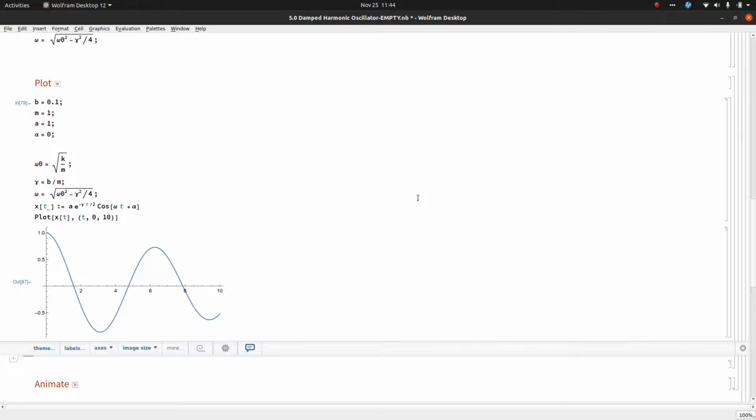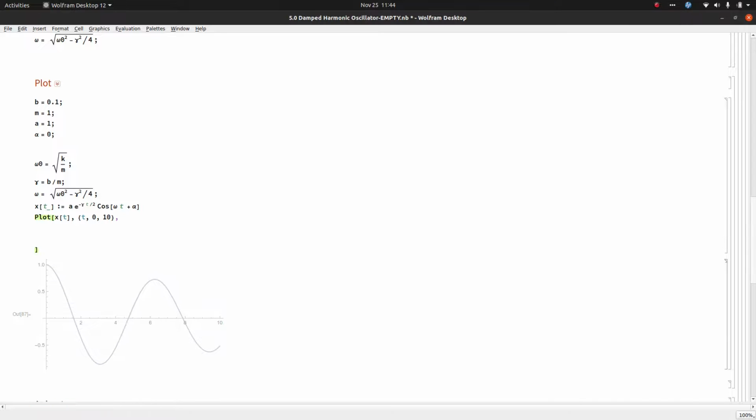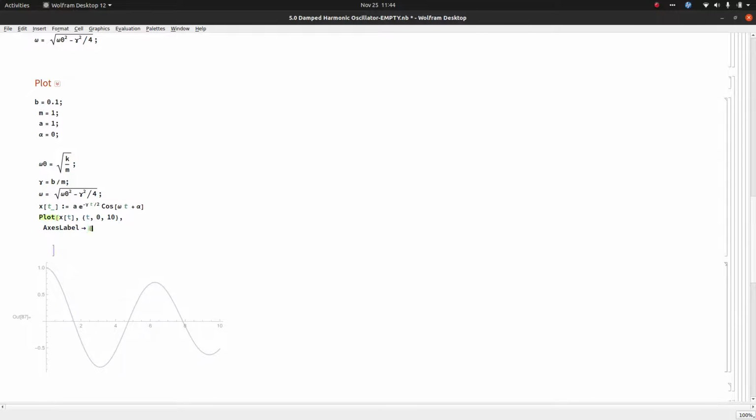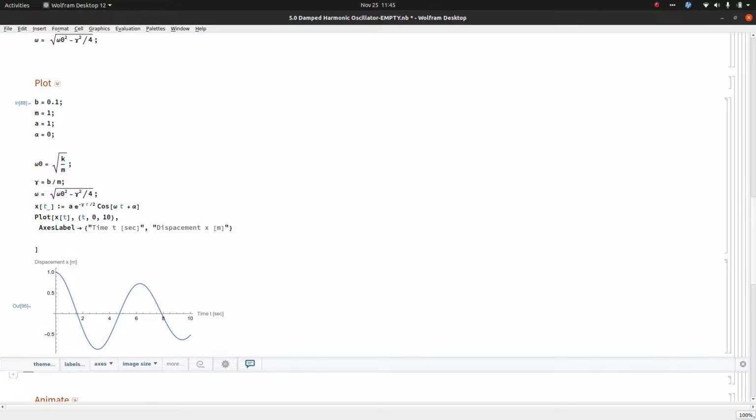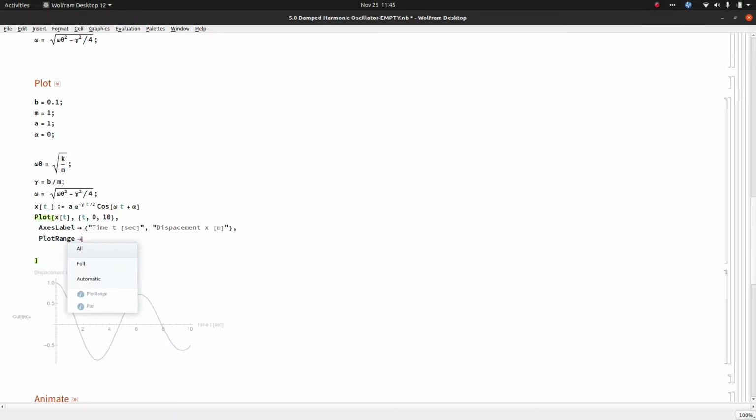Let's clean this up just a little bit. Let's label some axes. So we'll say the x-axis is time, t in seconds. We'll say that the y-axis is the displacement, x in meters. Plot, we'll see that looks just fine. I'm going to actually give a plot range of 10, and the